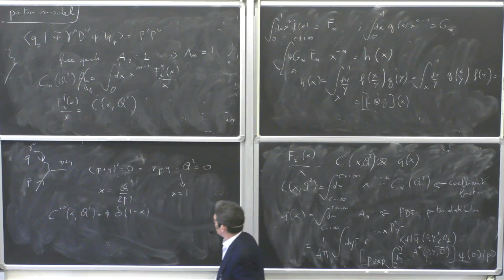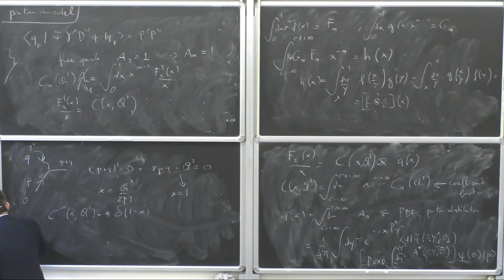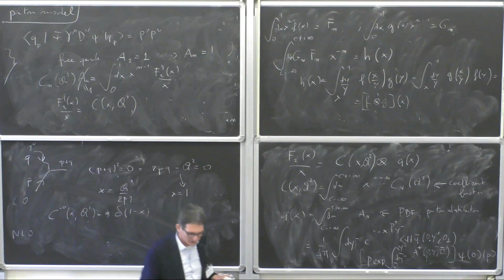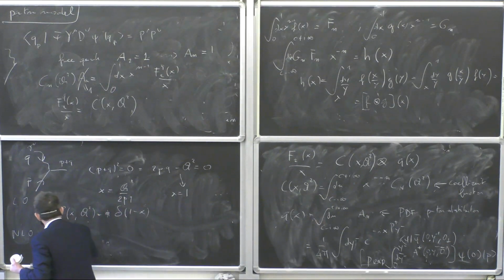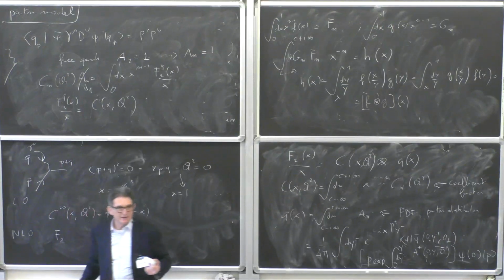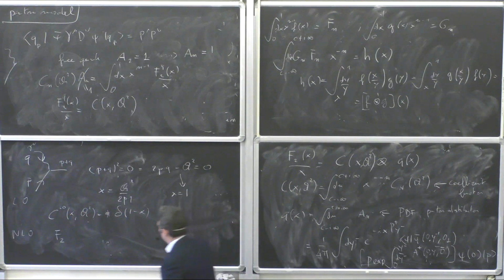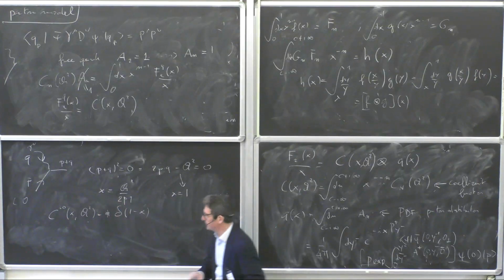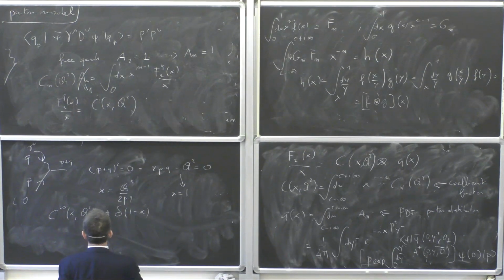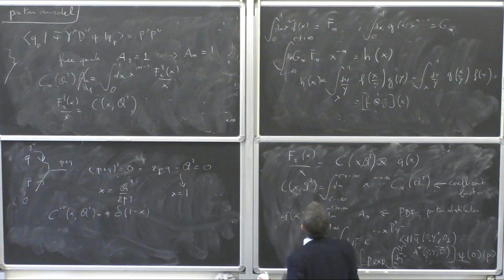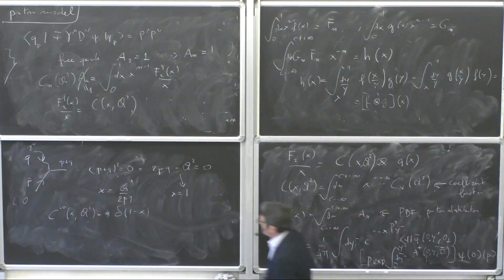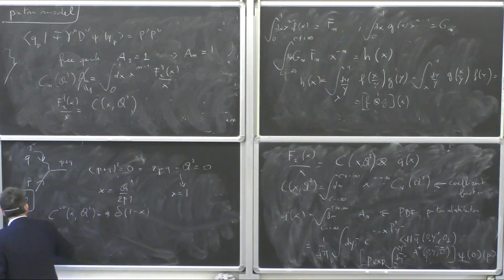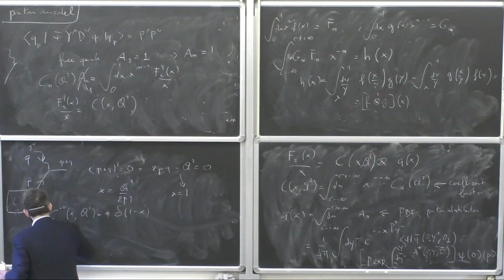Okay? Now, this is at leading order. Beyond the leading order, the coefficient function is something non-trivial, and I'm going to discuss it in a second. But before I do that, let me just show you what happens at next leading order. So at next leading order, I will get that F2. So hang on. Let me stick to the leading order first. I was forgetting something important. So if the coefficient function is a delta, then what do I get when I substitute this in my factorization expression, which is still here? I get that F2 leading order of x and q square divided by x